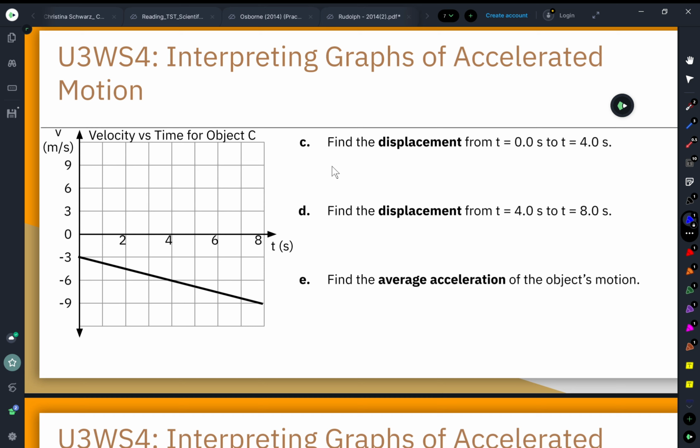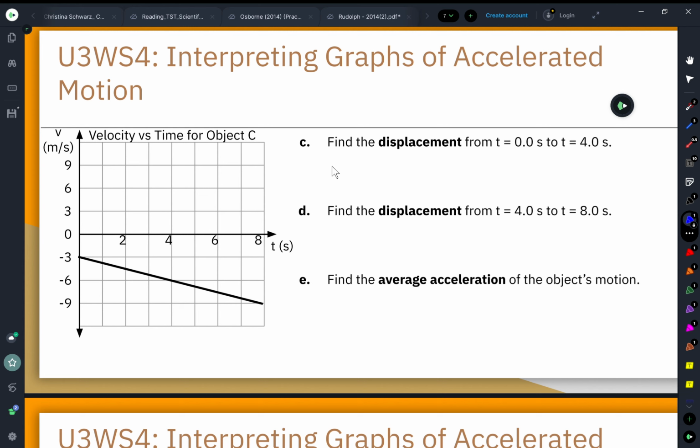Unit 3, Worksheet 4, Interpreting Graphs of Accelerated Motion, Object C. Now, Object C, we have a velocity versus time graph. On this graph specifically, we have a constant slope, starting at a velocity of -3 meters per second, ending at a velocity of -9 meters per second, and that